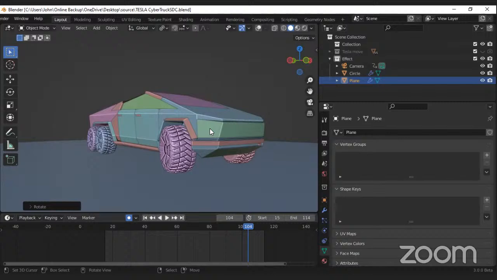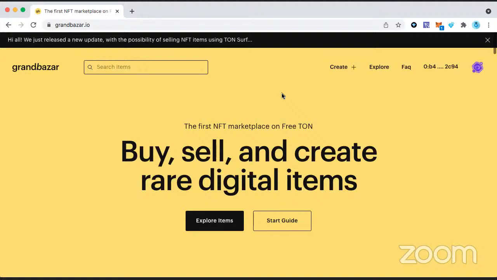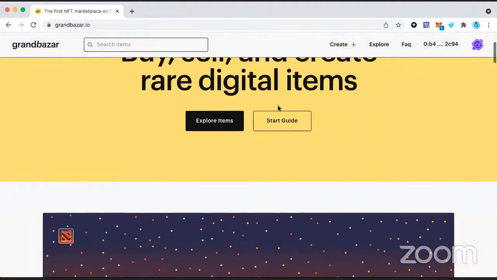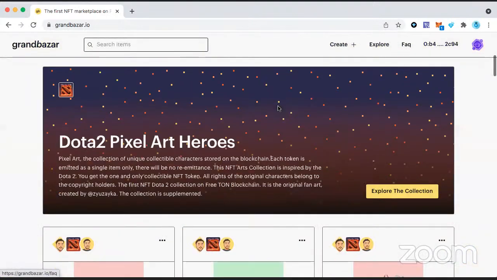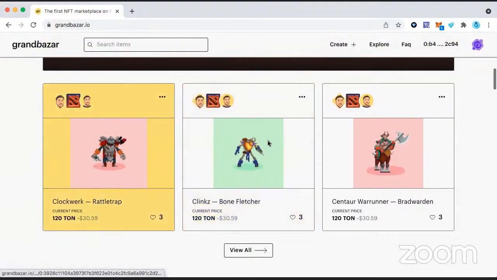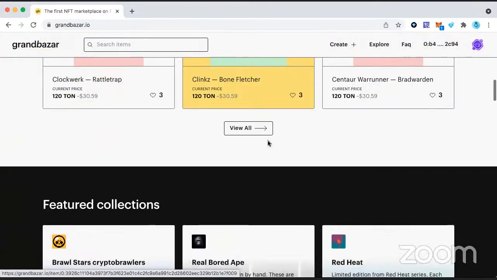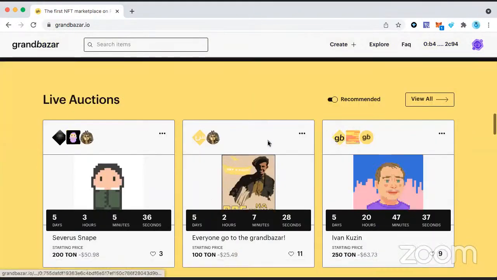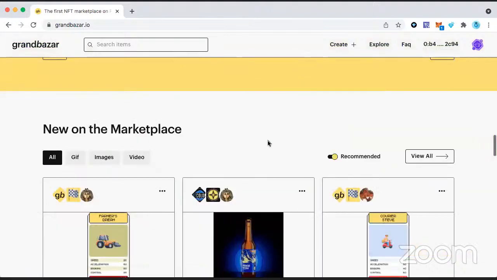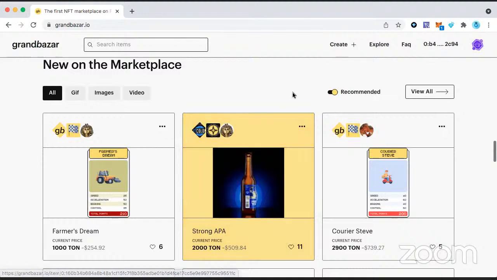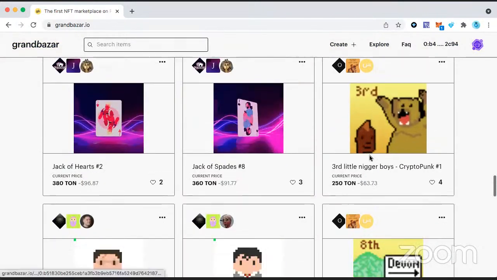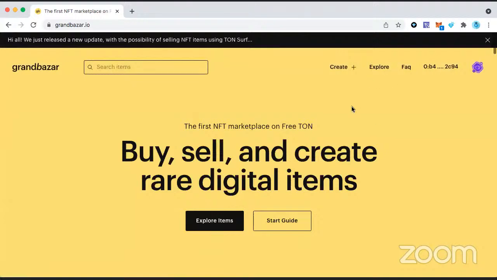So today I will now share my screen. Okay, just a second. Yes, it's Grand Bazaar Marketplace on Everscale, previously on Triton, now it's on Everscale. Here you can look for different pictures, animations, and so on. You can buy them, you can sell them, and so on. It's one of the good marketplaces in the Everscale network. But now we will create our own NFT and place it for some